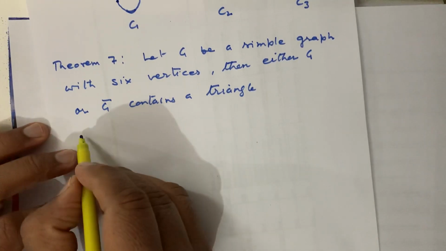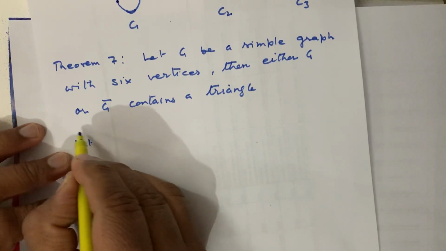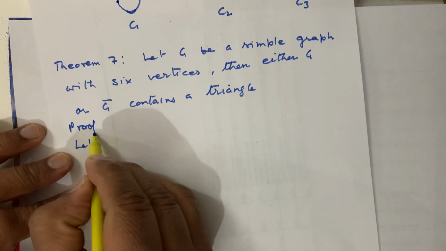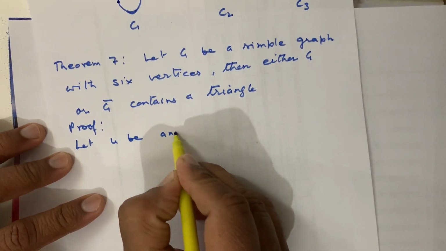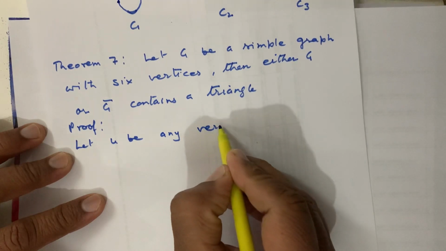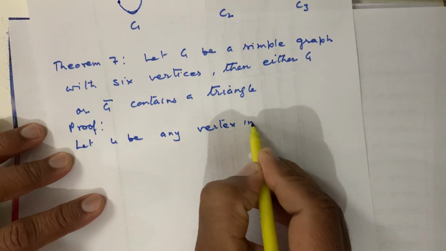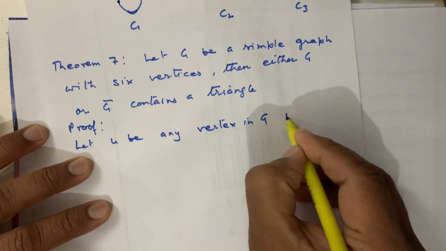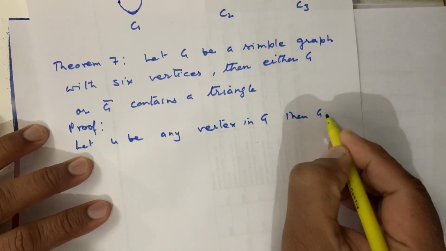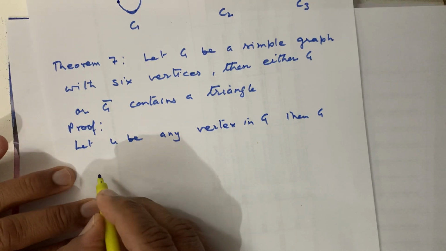तो अपन लेते हैं, let U be any vertex in G, then G is adjacent